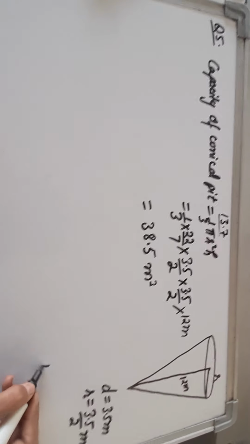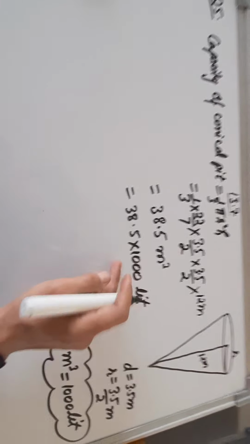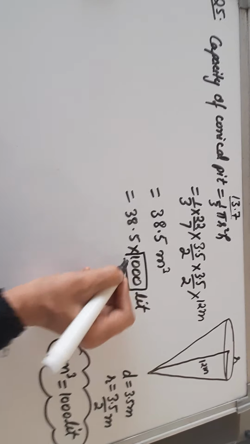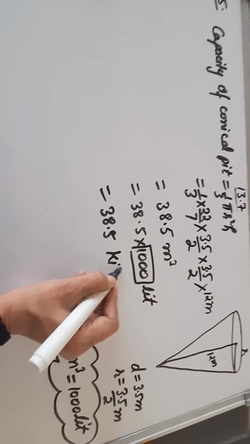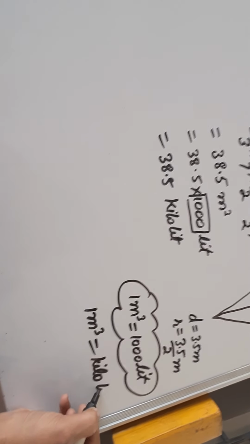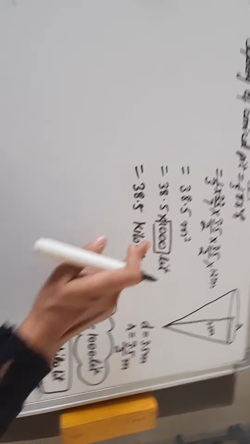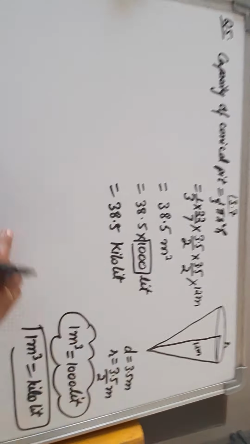But it is given that we have to find it in kiloliters. So beta, 1 cubic meter is equal to 1000 liters. So let us multiply it by 1000 to convert it into liters. But in kiloliters, किलो की वैल्यू क्या होती है? किलो की वैल्यू होती है 1000, को ही हम लिख सकते हैं किलो liters. So in short we can say cubic meter लिखें या फिर kiloliter लिखें, both the things are same. So no need to multiply. We can directly write down cubic meter as kiloliters. So I hope it is clear to you.